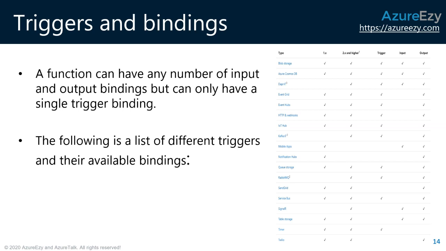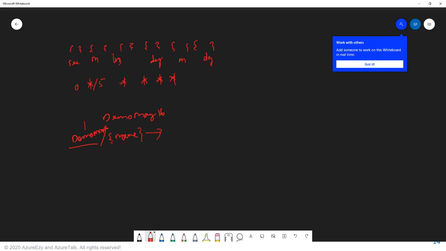What is the connection? The name of the binding can be whatever name you want to provide. Let's say I want to use the blob type binding. So in the type, I will provide blob. And in the path, I can provide the way I described. So the function.json would look like